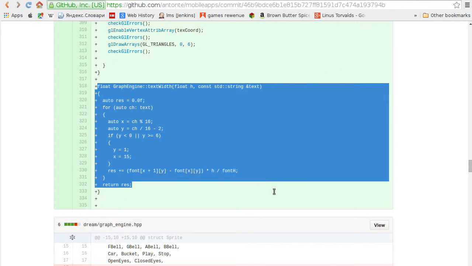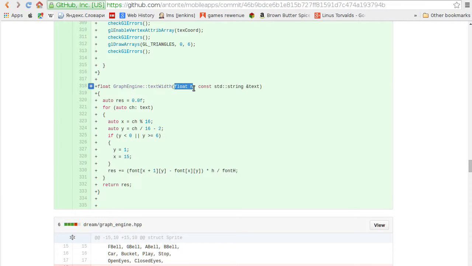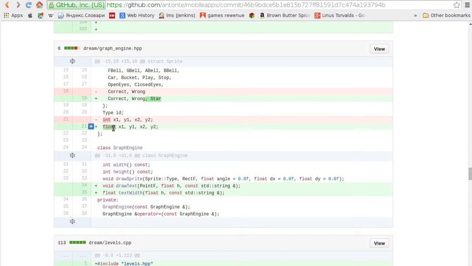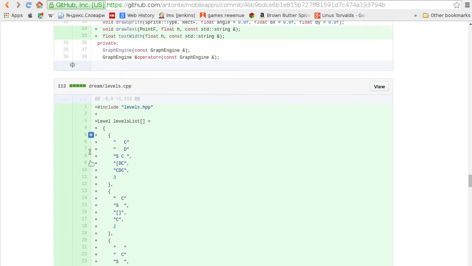And also I need to calculate text width, so it takes the height of the text and the text itself. I'm using float instead of integer for draw text width. So I moved all my levels to levels.cpp and .h,